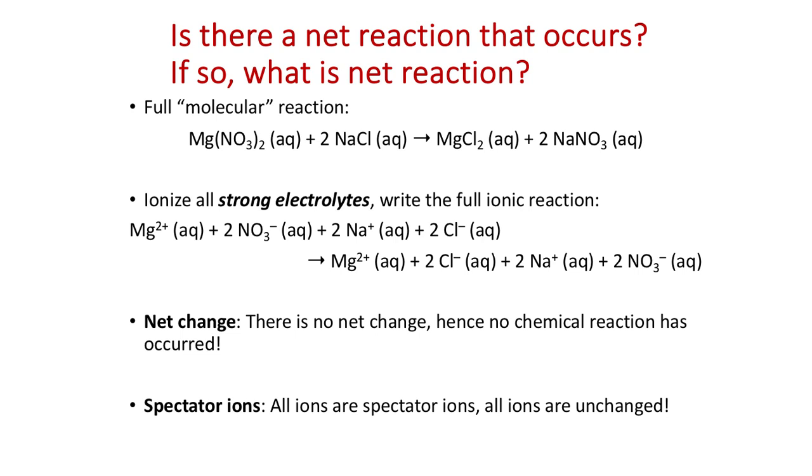So let's take a look at the next slide, which is going to break this reaction down into an ionic reaction. What we call this reaction here is a full molecular reaction, or we're writing this reaction as if it's molecular, kind of in quotes, meaning magnesium nitrate is not Mg(NO3)2 in solution. It's magnesium ions and nitrate ions. So if we write Mg(NO3)2 aq, this is almost like in quotes, right? Because we have to think this compound here is a strong electrolyte because it's an ionic compound,